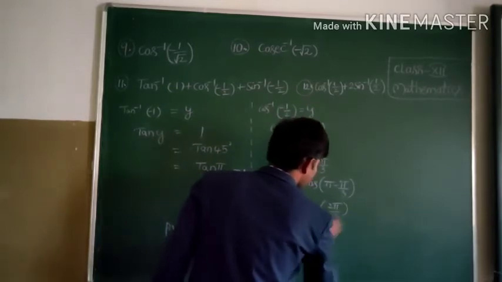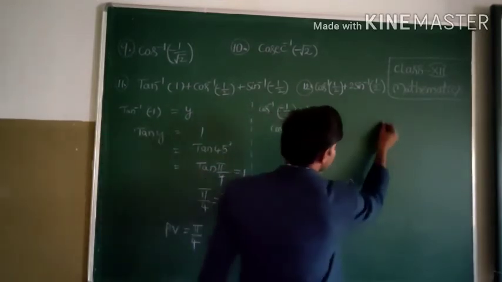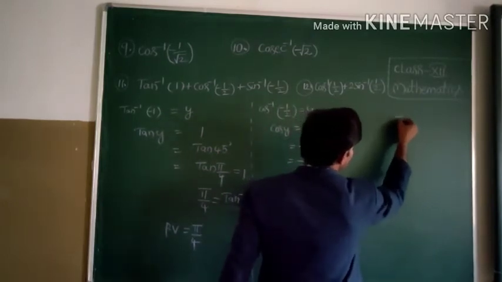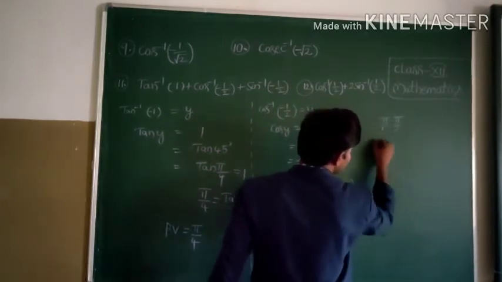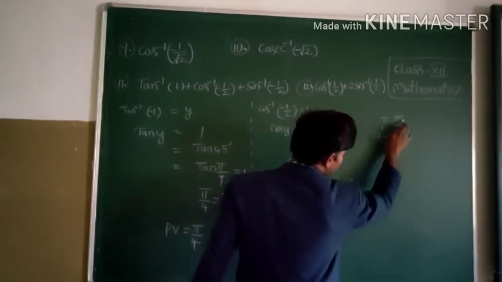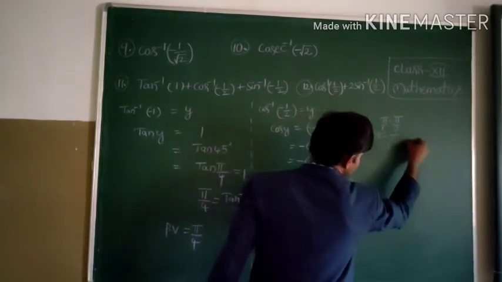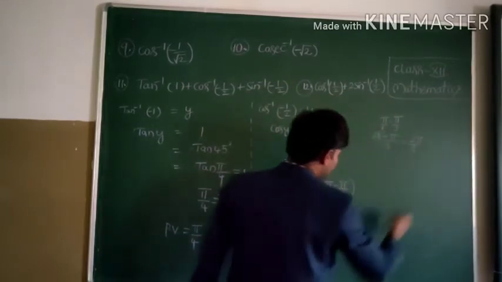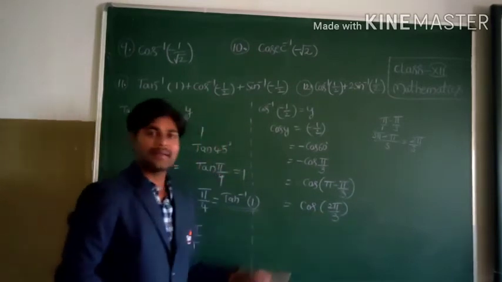Cos of 2 pi by 3. How's that? Just do the LCM. 5 minus 5 by 3. So here 5 by 1, just do the LCM: 1 three times is 3 pi, minus 3 times 1 into pi is 5. So that's why this is equal to 2 pi by 3. That is the reason we get 2 pi by 3.